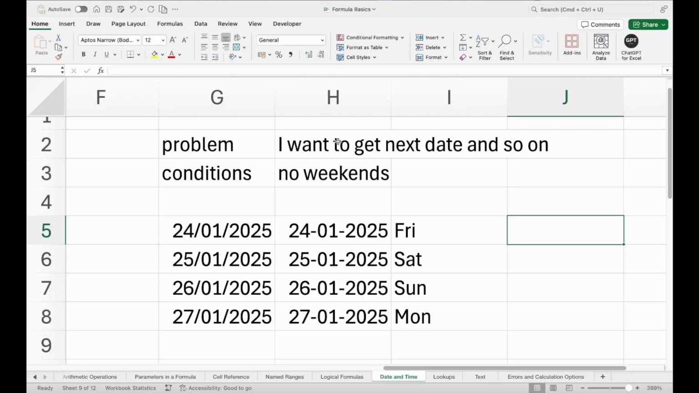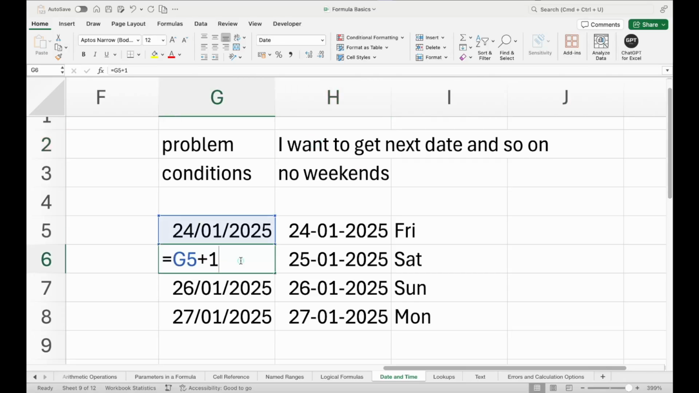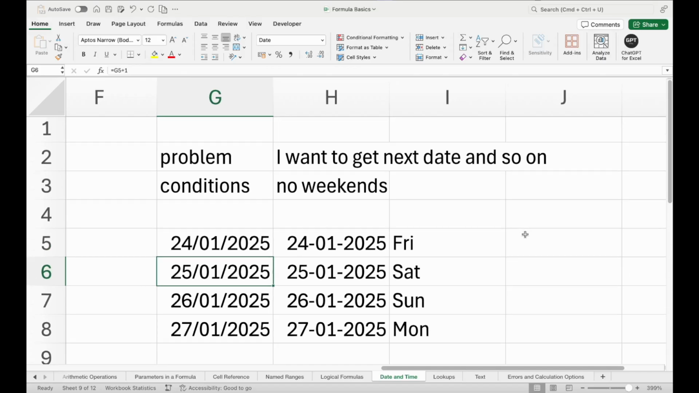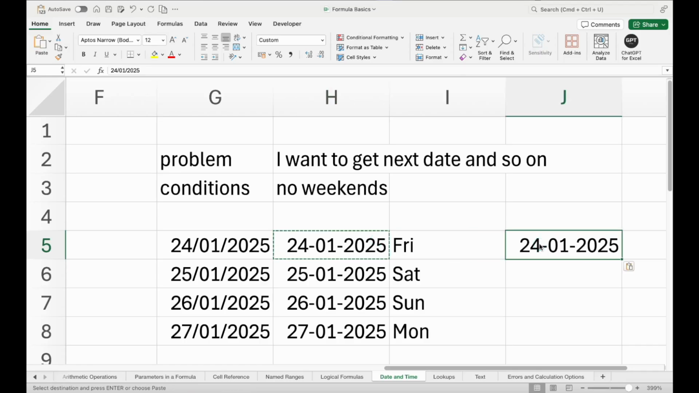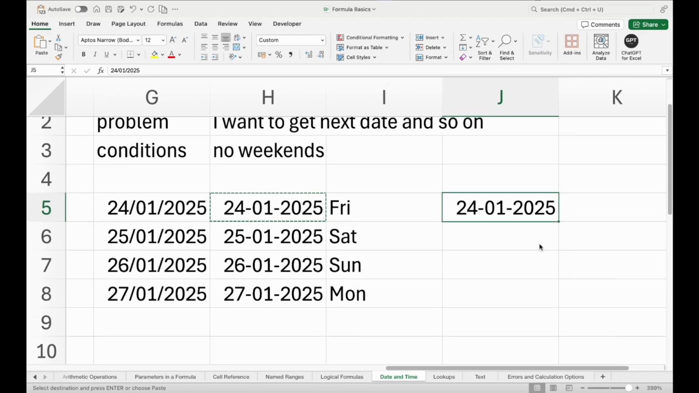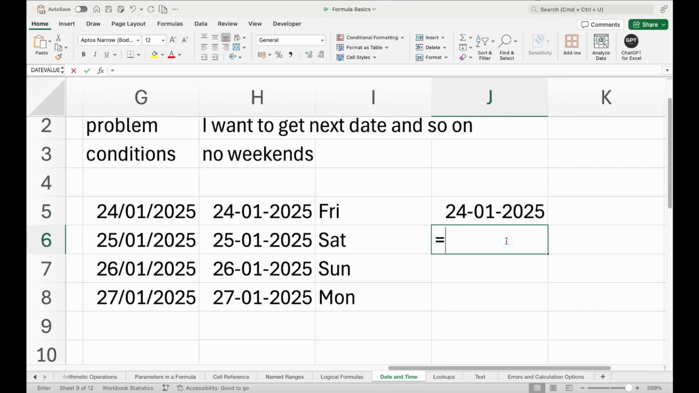The first problem is this. I already know that I can do +1 to get the next date, right? But the condition is it should not have weekends, right? So how can I deal with it? Okay, so I'll first put in the first date as it is, and I will say if